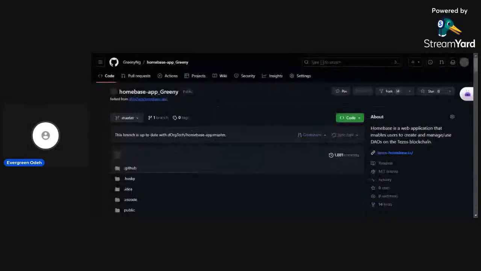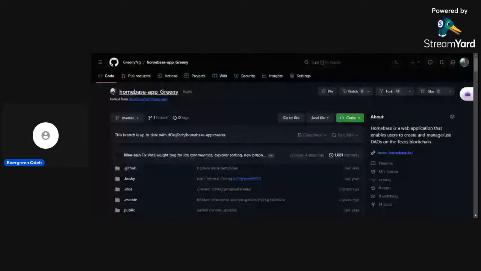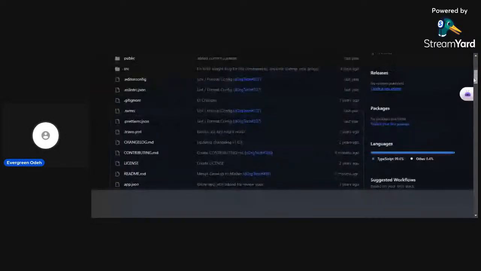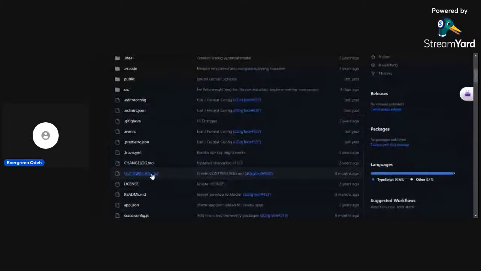So this is my own copy. Now it's public, but it is mine, and I can do whatever I want with it. I can upload files to it, I could change it, I could edit it. Now, I don't really have any business with any of these files aside from the contributing.md and the README file, and go and do my work as it is.